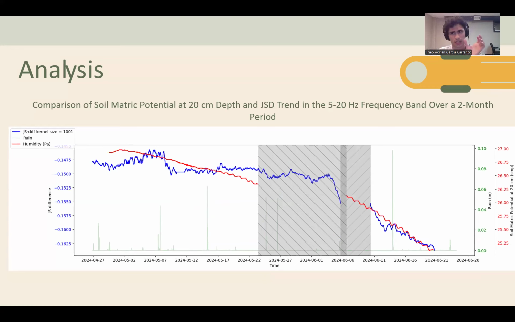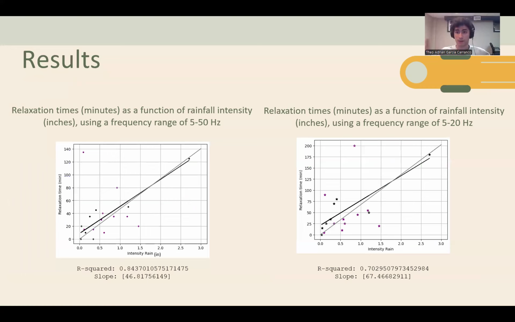So what we did is we took an average before the rain, and we calculated how much time it took for the Jensen-Shannon divergence to return to the previous data before the rain, to see how much time it took after the rain to return to that threshold, and compare that with different intensities of rain. And we would expect a linear relationship, right? The longer and more intense the rain was, the longer it takes for the KL to return to its original values. And if we do that, we do see that in fact we have a linear relationship